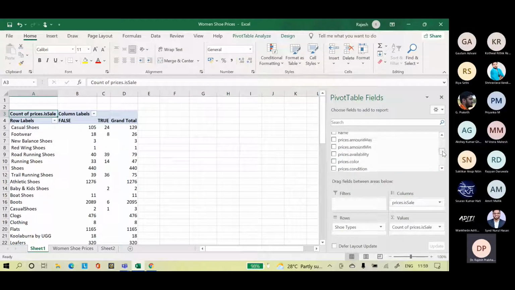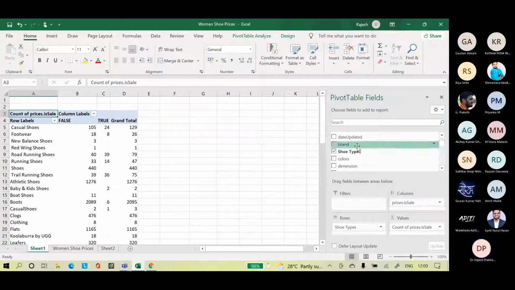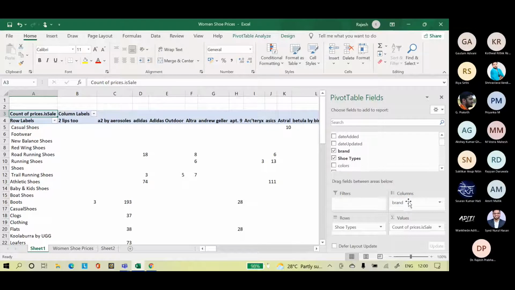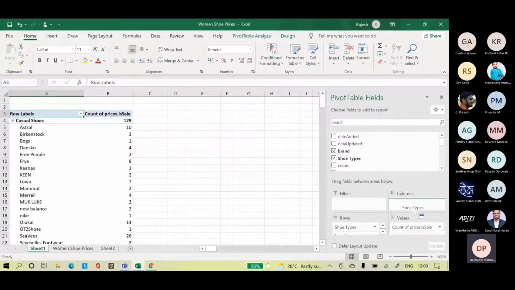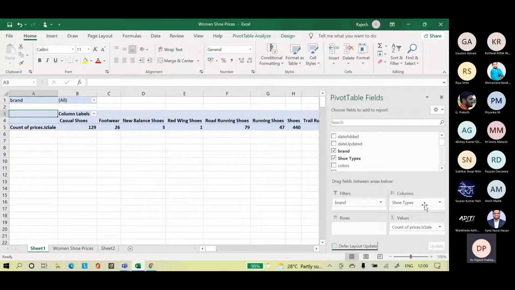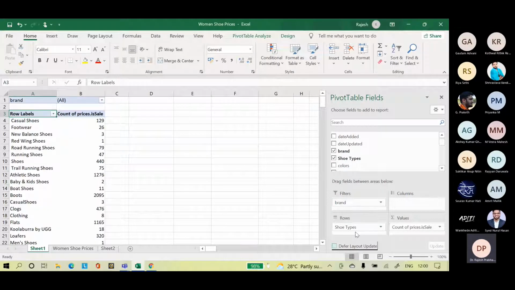So shoe types and brand, or we'll make brand here, shoe type here, or we'll move brand to filter, shoe types to columns.